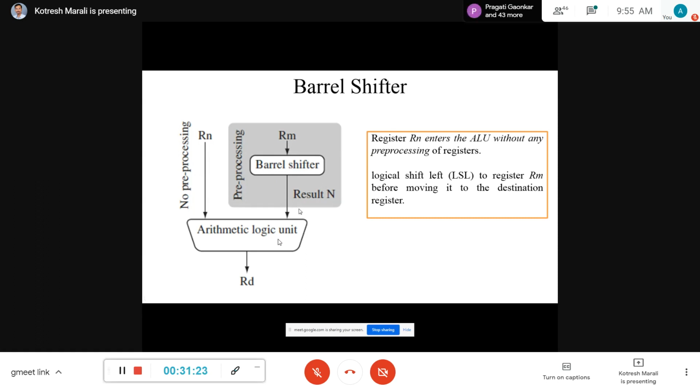This is one of the important concepts in ARM processing, where every ALU is connected to registers, but one of the registers is connected to the barrel shifter. The barrel shifter, what is the operation of shifting? If I shift by one position, what is the meaning of that?